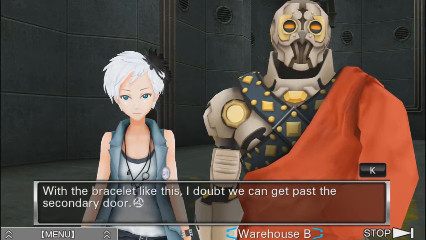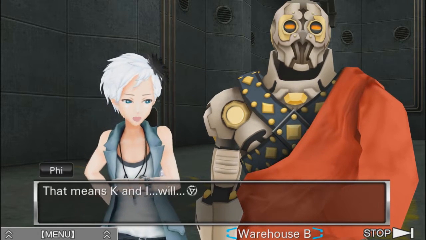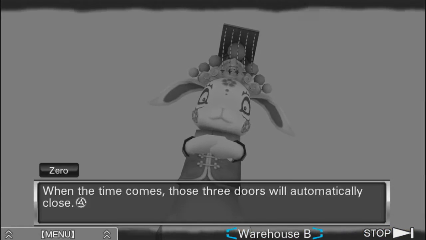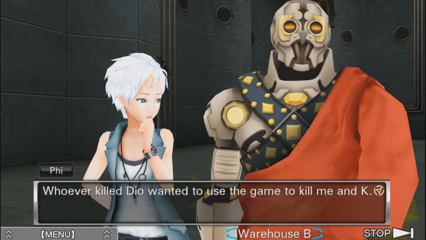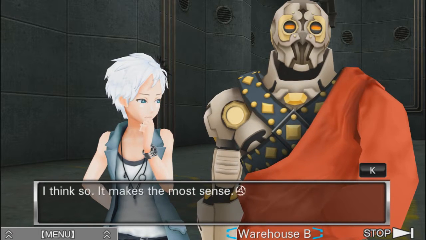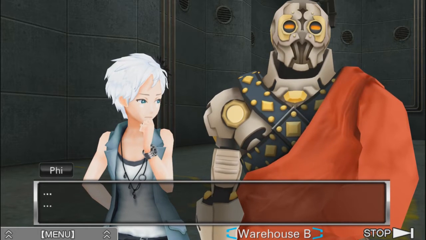With a bracelet like this, I doubt we can get past the secondary door. That means Kay and I... Oh no. Shit. You're gonna... Yep, I know. I see. That's what they wanted. Whoever killed Dio wanted to use the game to kill me and Kay. That's why they broke the bracelet. I think so. It makes the most sense. How can you be so calm? In 5 minutes, you're gonna be...